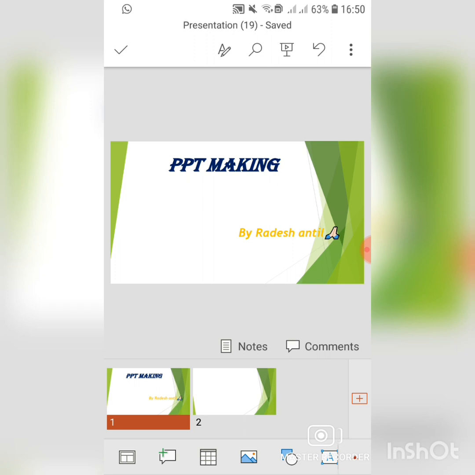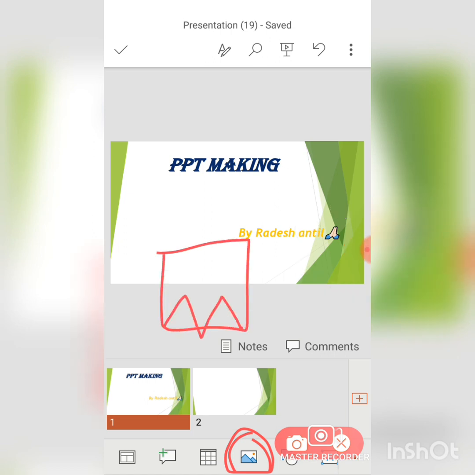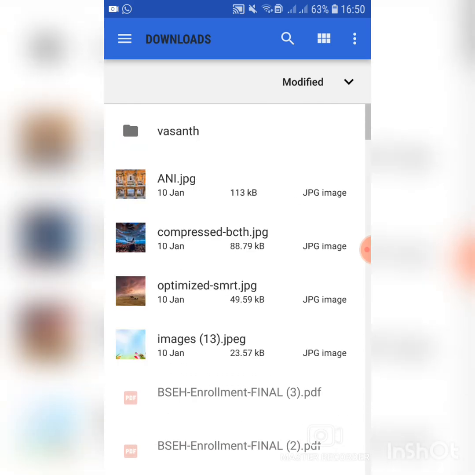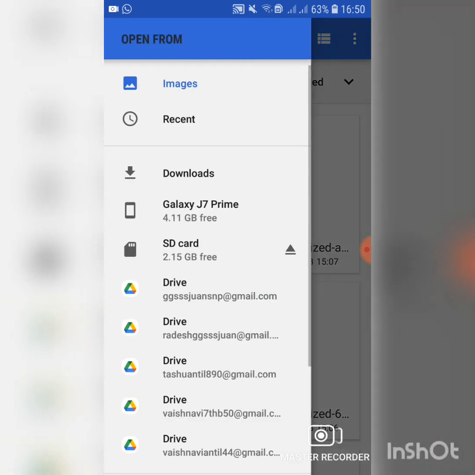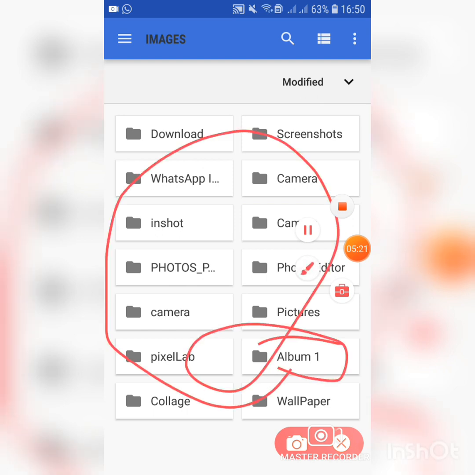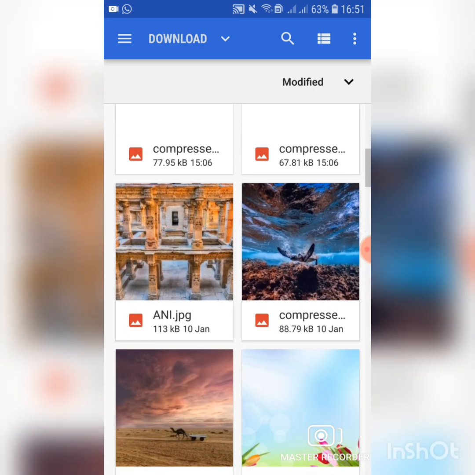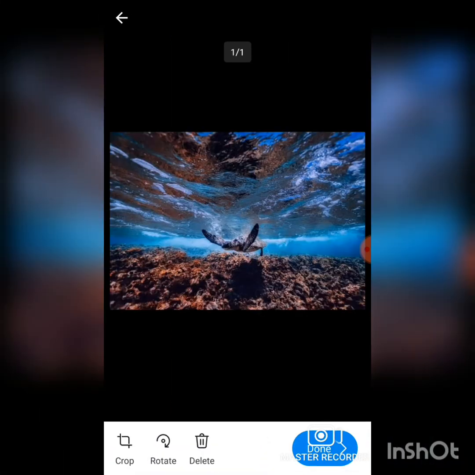So how to add a picture is, you have to go on this option. It looks like this, this option with two mountains and a sun. Yes, you can see here this option. So I'm going to just click on here and this will come, images, and I'll go on downloads. You can choose the images from the camera, screenshot, photo editor, picture, any of the apps, if you have these folders. So downloads, and I'll just take any of these, like I want this picture, it's too beautiful. It's of Marine Drive in Gujarat, so I just took it.